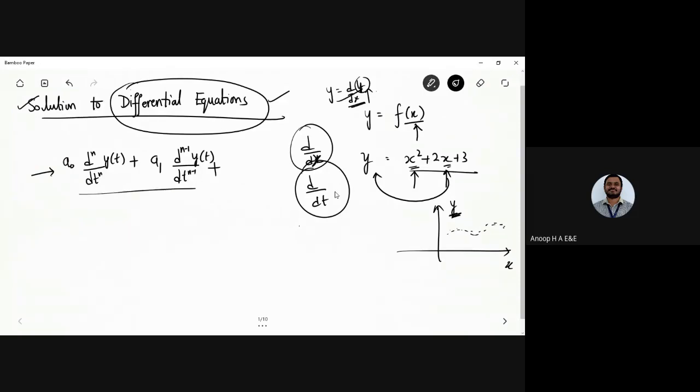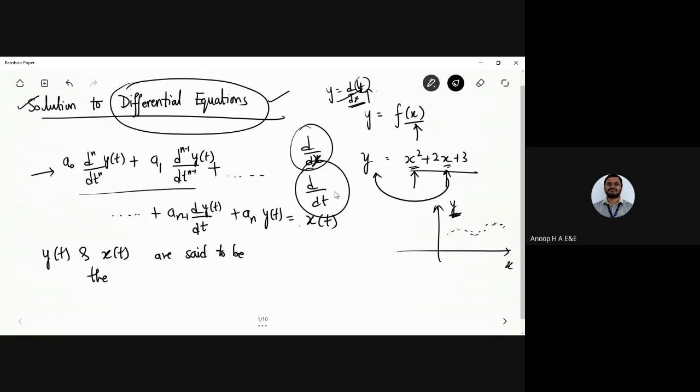Once you have the structure of this, you can just extend it. So you'll have d by dt of y of t plus a n minus 1, and this one is a n y of t, which would be equal to x of t. So here y of t and x of t are said to be